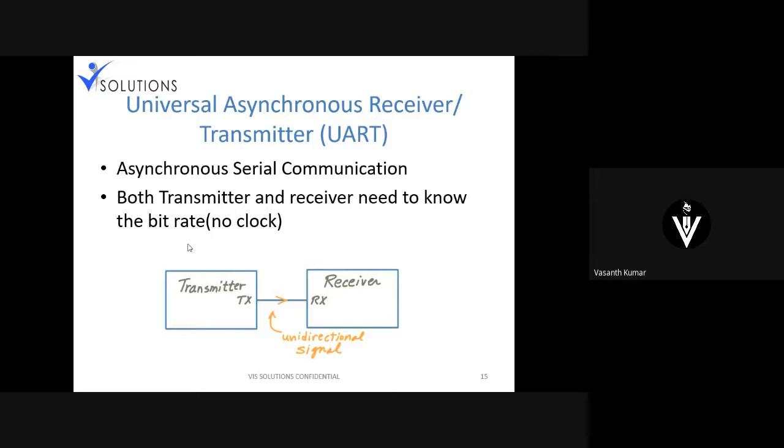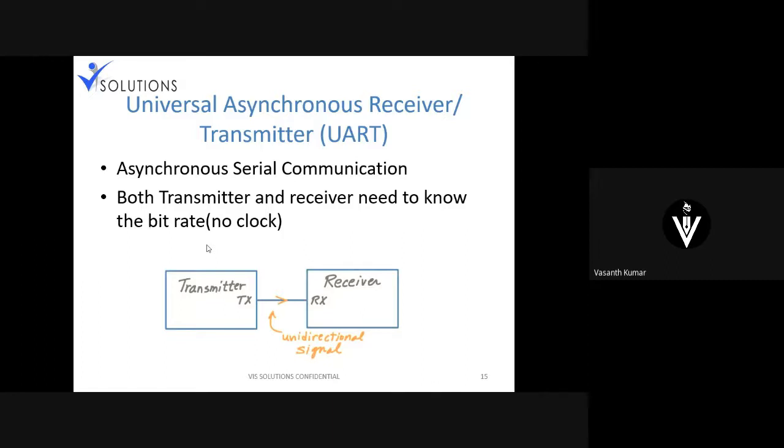Okay, so you can see that the name itself says UART, Universal Asynchronous Receiver and Transmitter. It means that it is an asynchronous method, which means that it has no clock. It's asynchronous serial communication, which means that it does not use any clock. Both transmitter and receiver need to know the bit rate. That's what I was saying. At what speed a bit comes, it should know that. That's where baud rate comes into the picture. I'll tell you what a baud rate is. Usually when you configure UART, you come across something called baud rate. All right, I'll tell you what a baud rate is basically.